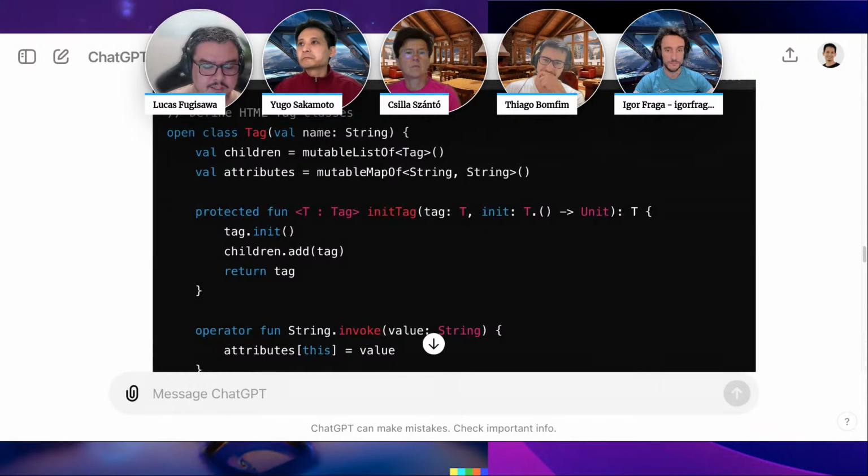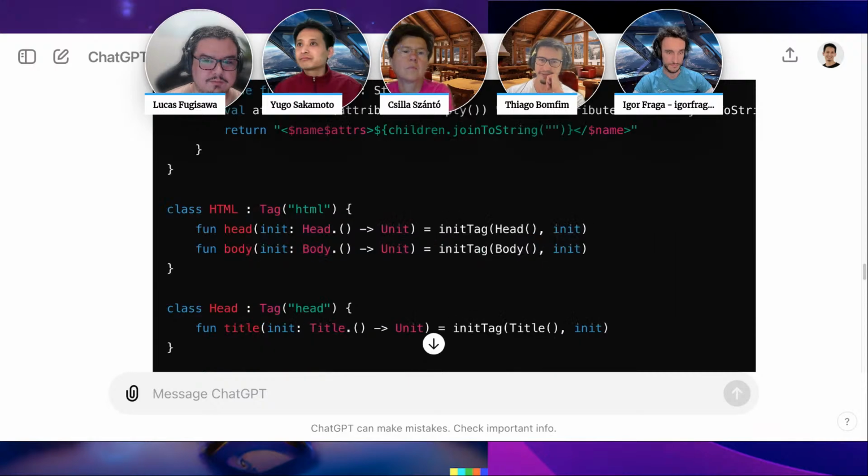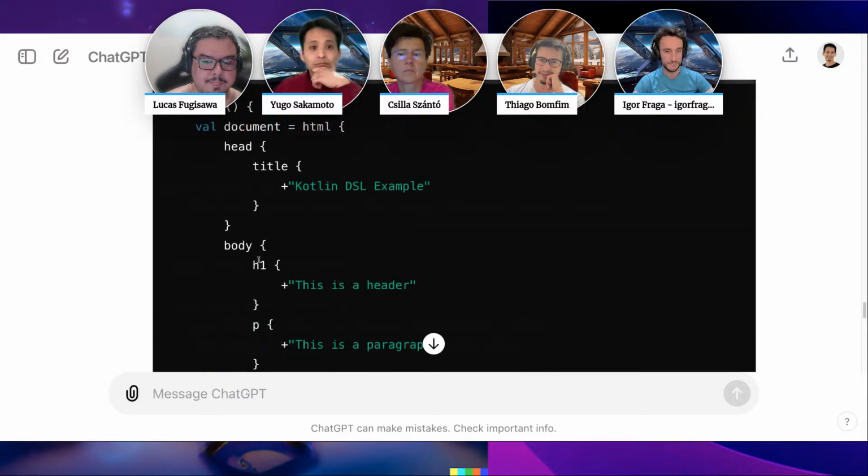It's a really powerful feature for creating DSLs, domain specific languages. For example, you can have a DSL for testing, so you can have a more declarative testing instead of an imperative one.